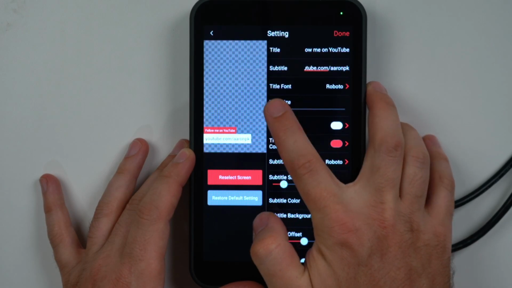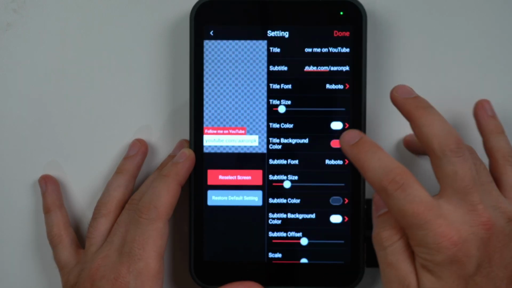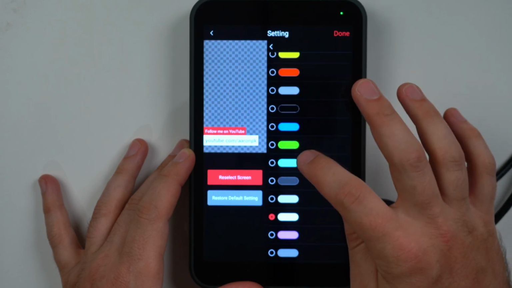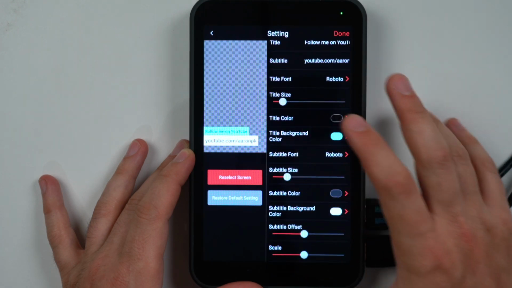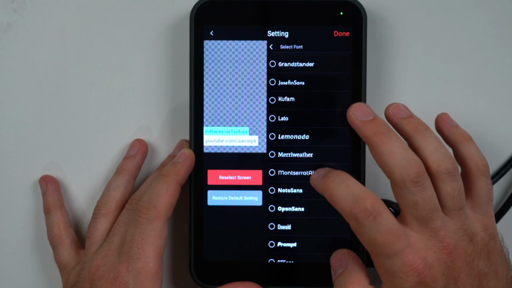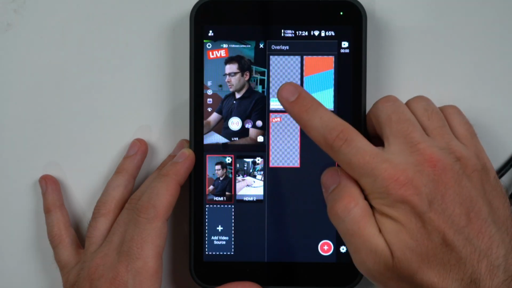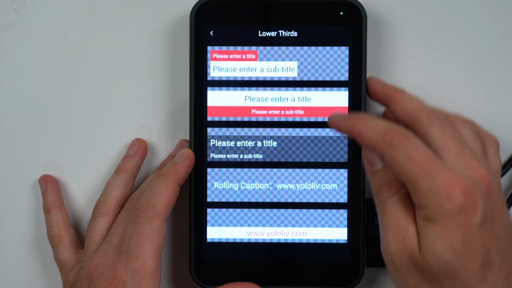You can choose the size of the top part, the size of the bottom part. You can change the colors. Let's use maybe that one. Title color, let's make it dark. Go back. Subtitle font, you get a couple of different fun options of fonts to choose from. Click done, and now it shows up again like the rest, where you can just tap it to bring it on the air. Some of the other lower thirds formats,